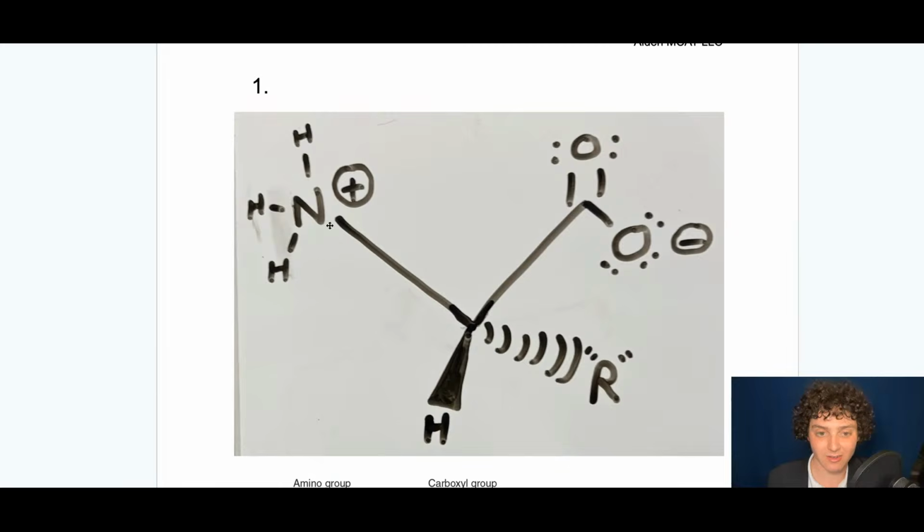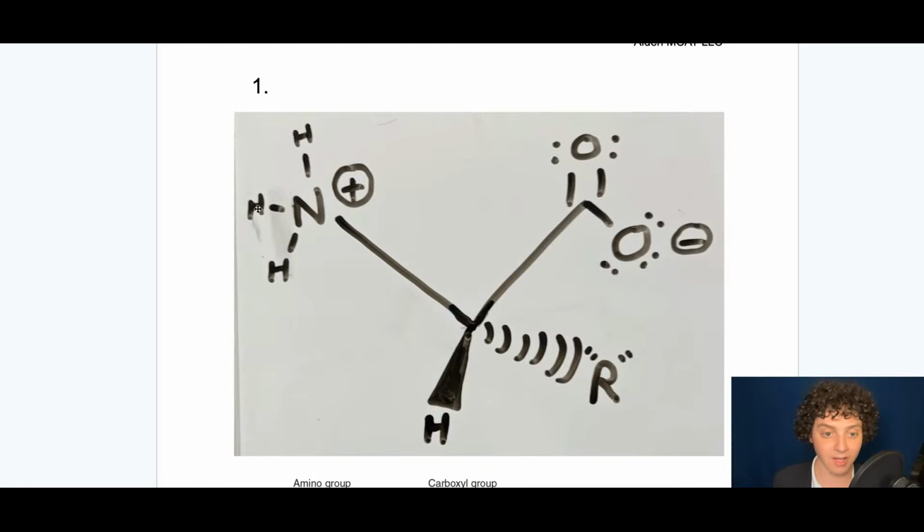I will describe what's going on in this picture. It helps to have a background in organic chemistry, but I'll explain in words also what's going on here. So this is a drawing of a molecule. It has 1, 2, 3, 4 different kinds of atoms. At least we can assume so if the R group is just a carbon-hydrogen chain.